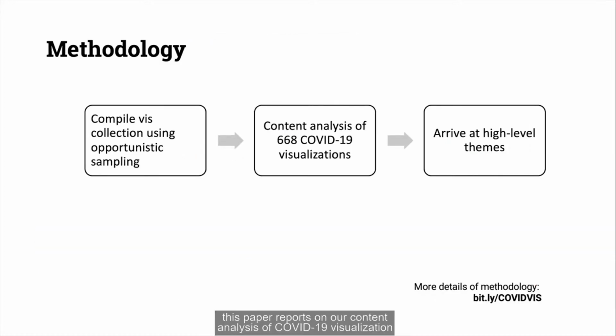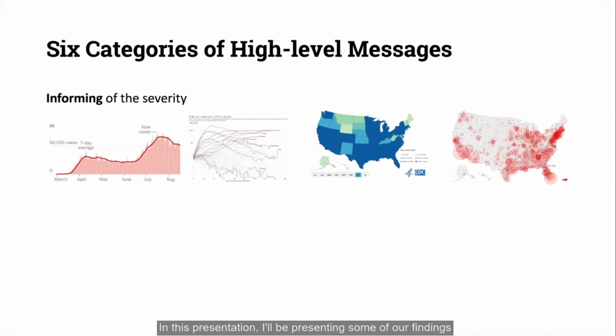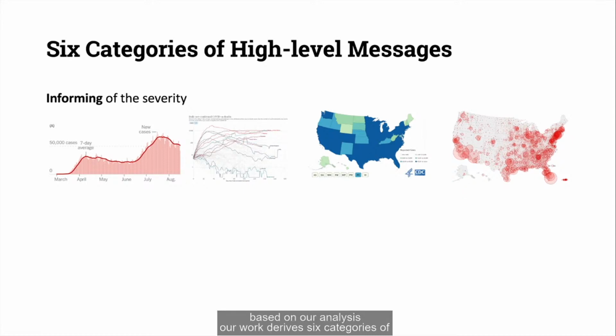This paper reports on our content analysis of the COVID-19 visualization collection that we assembled. For the details of the methodology, please refer to our paper. In this presentation, I will be presenting some of our findings. Based on our analysis, our work derived 6 categories of high-level messages, including informing of the severity,